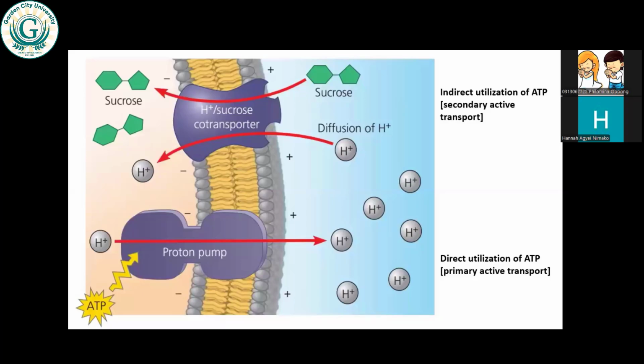And all these examples are active transport. Hydrogen potassium ATPase, yes. Active transport because hydrogen will move from its lower concentration inside to outside where it's a lot. Potassium will also move from its lower concentration outside to the inside where it's high. So in the presence of ATP, hydrogen is going to move to the outside and then potassium will move to the inside of the cell.